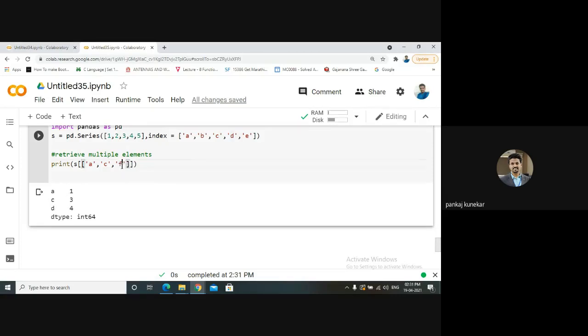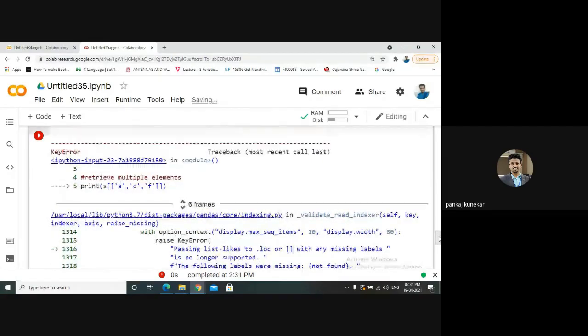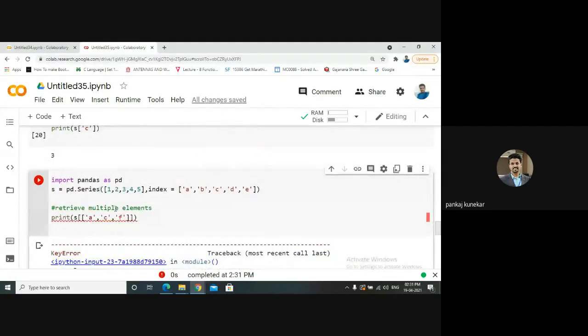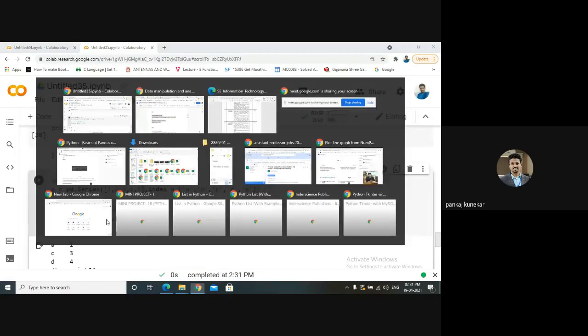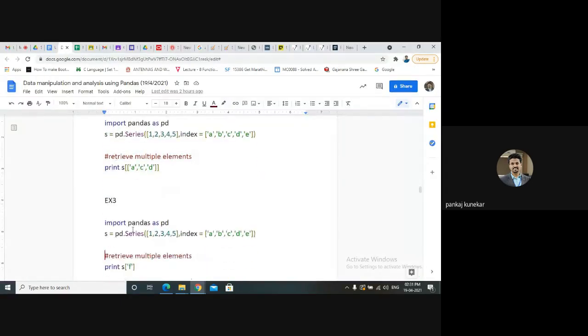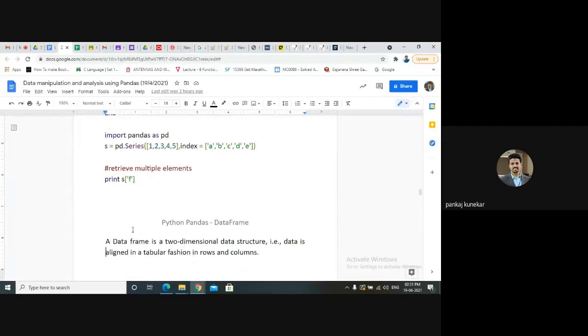Suppose we do A, A, C, F. Let us check what it will retrieve. Obviously it will give an error because F is not there. So we need to be careful about this one. So we can retrieve multiple elements by specifying multiple indices A, C, and D with comma separation. If the index is not there, it will give an error.